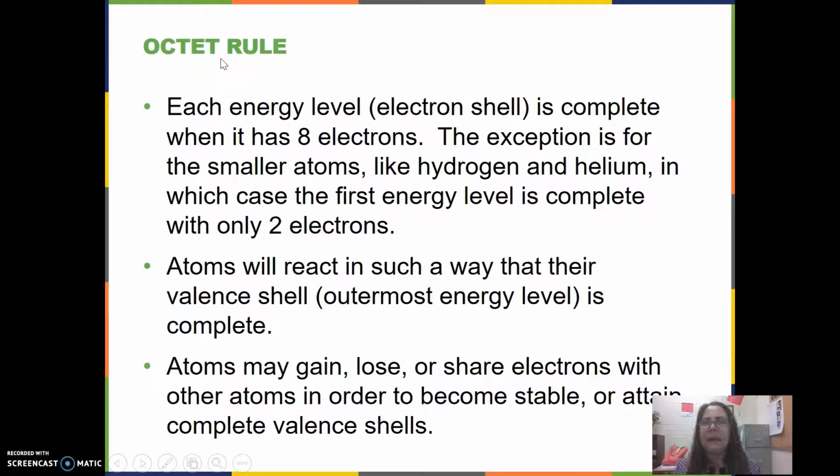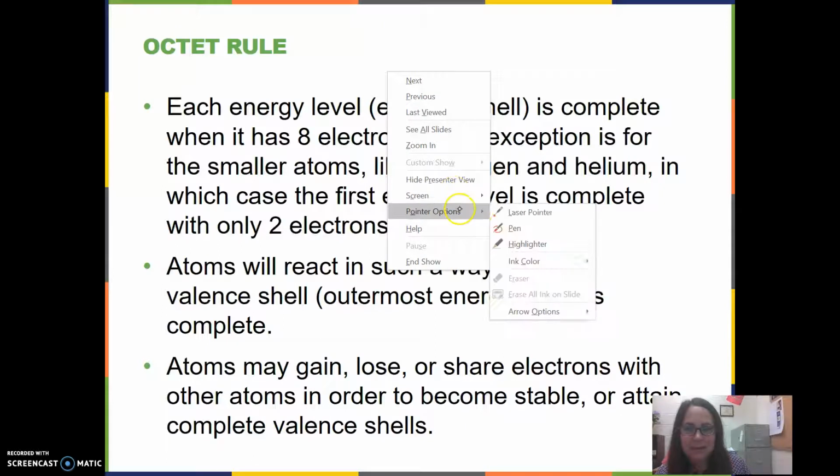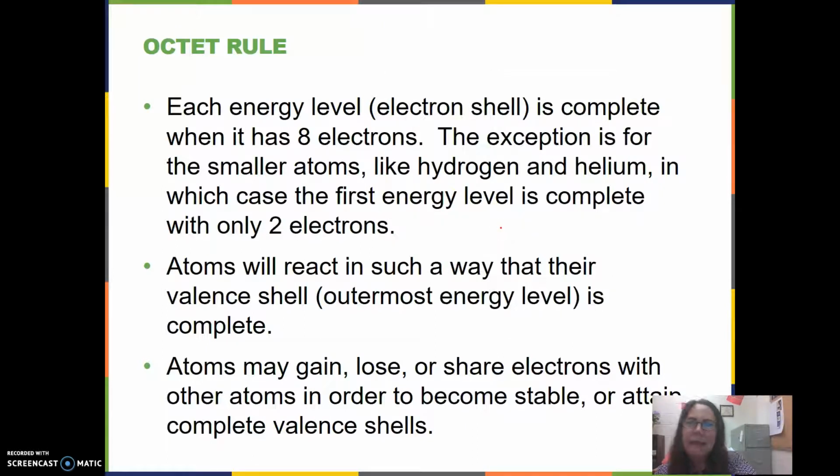This page is just a summary of the octet rule so that you will understand what atoms do in order to become stable. I'm just going to read these statements. Each energy level or electron shell is complete when it has 8 electrons, and that is where the word octet comes from. But as we talked about before,